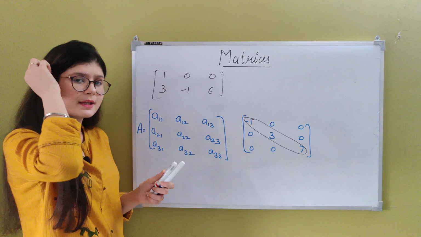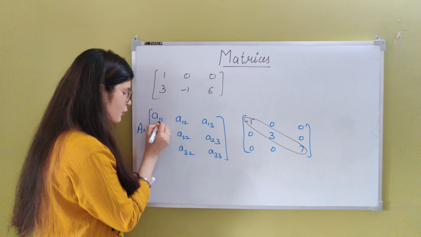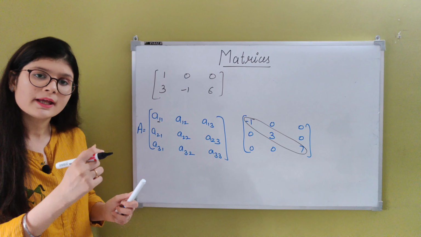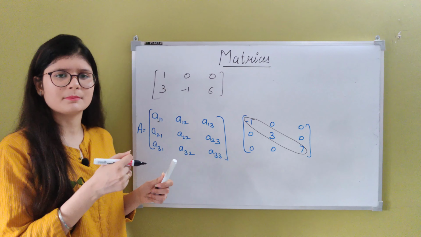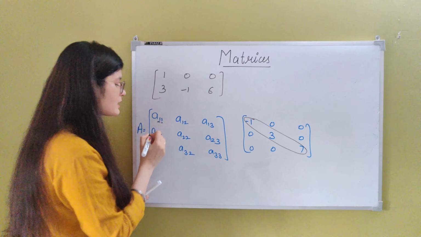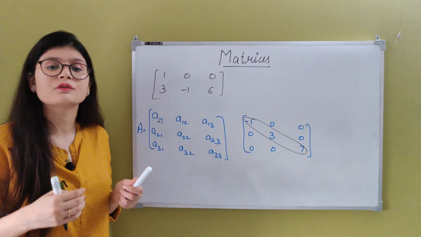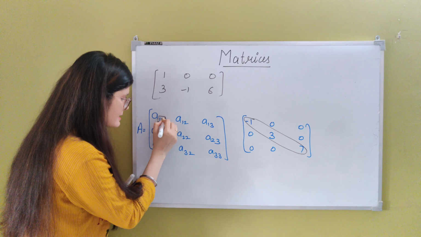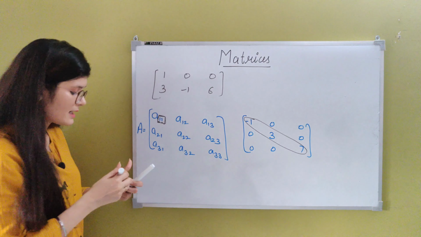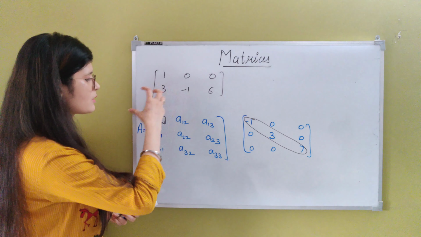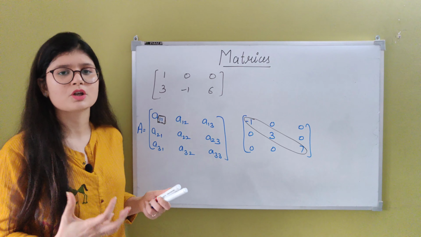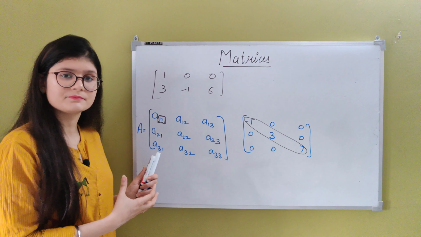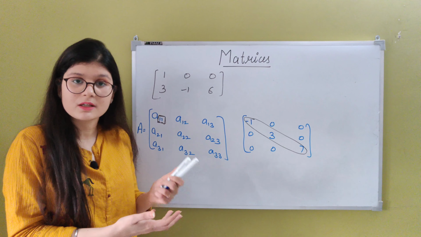This is happening because the first number that you are writing shows the number of the row, which row the member belongs to, and the second represents the position of the column. So by these numbers you can analyze where the element is located in the matrix. What is the location of the element? What is the position of it, right?